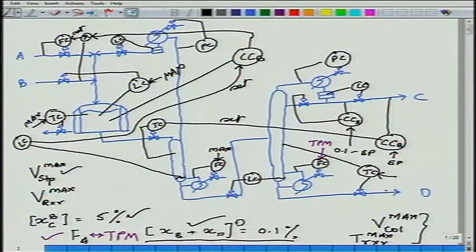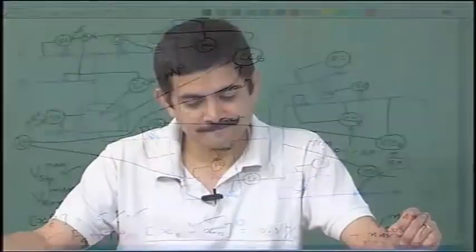right? Degrees of freedom for this steady state process was what? 7. 2 for the fresh feeds, 2 for the reactor, 1 for the stripper and 2 for the column. So, 2, 3, 4, 5, 6, 7, 7. Of 7 things, 6 set points are set at maximum throughput. What is the one set point that is still in the hands of the operator? The question clear? That is this chap. How should he set this?